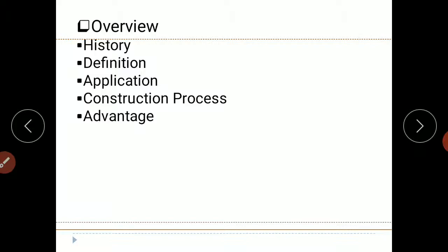Here we will use IS 456 for the design purpose, IS 456 and also IS 1343. We'll go in parallel, use the IS codes, and then design one section that is suitable for the given loads.